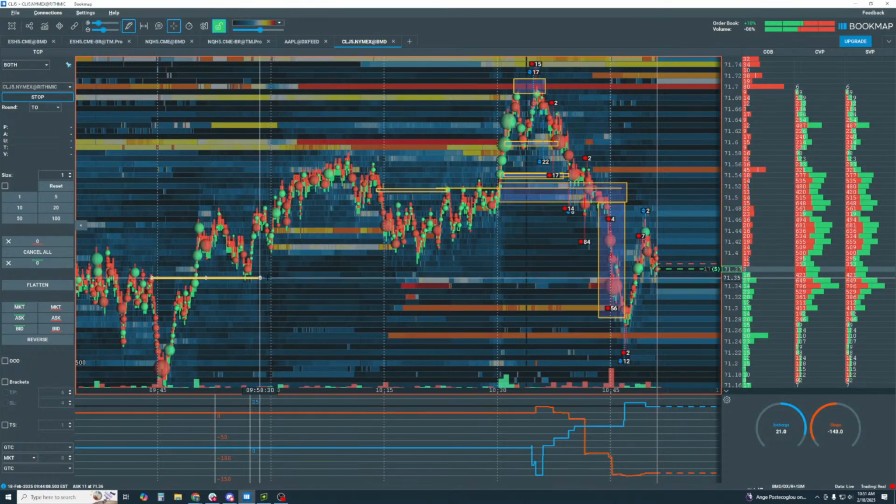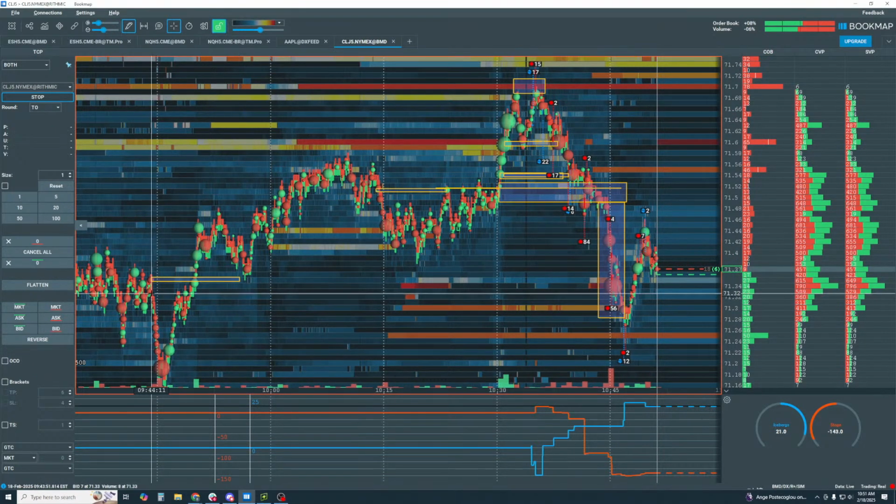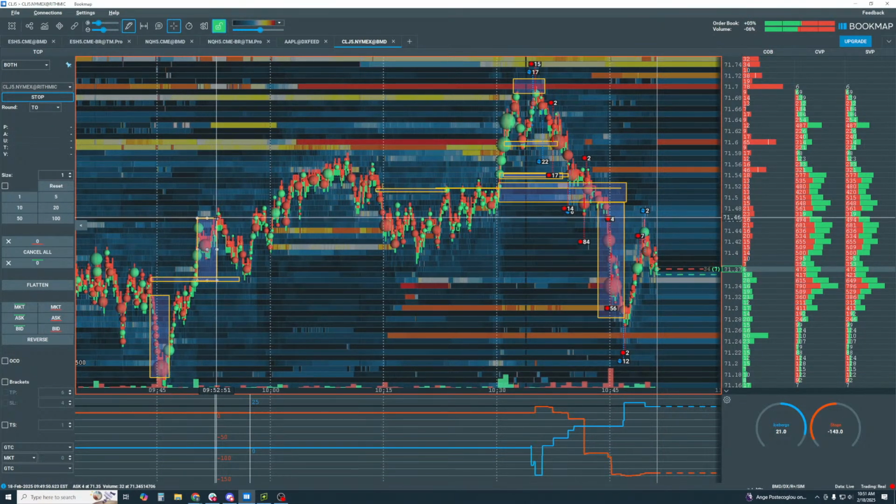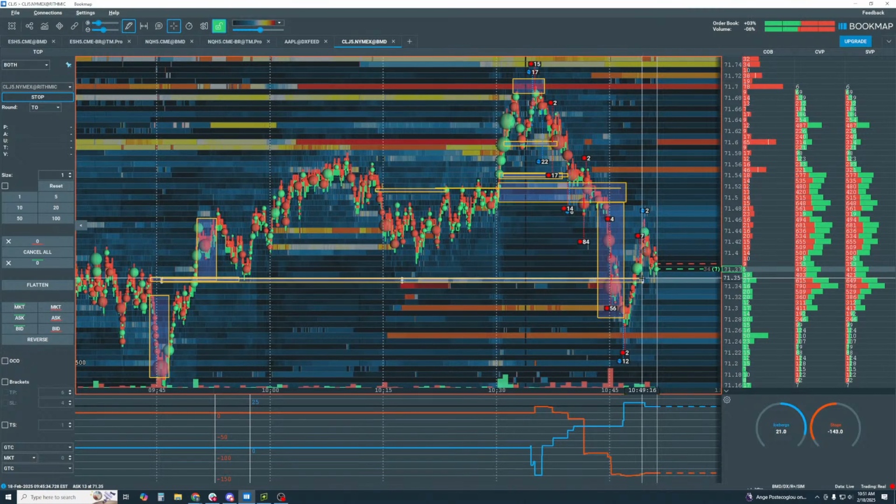You can also see it down here. Very distinctly. Sellers down here, buyers back up above it, and we just traded back down into that same area in here.